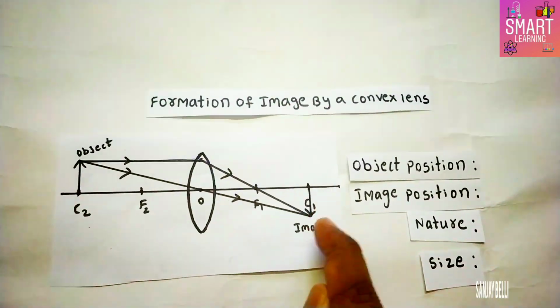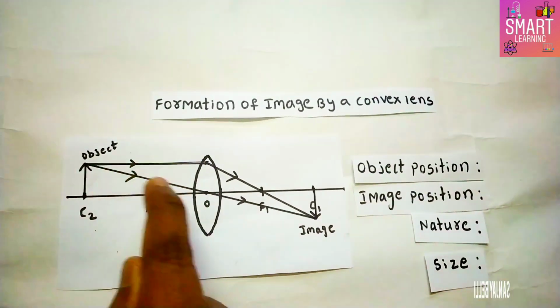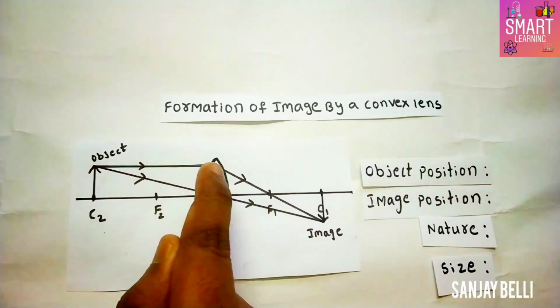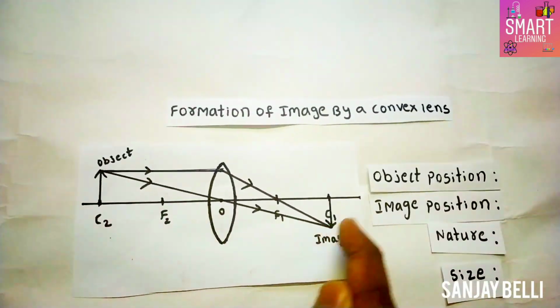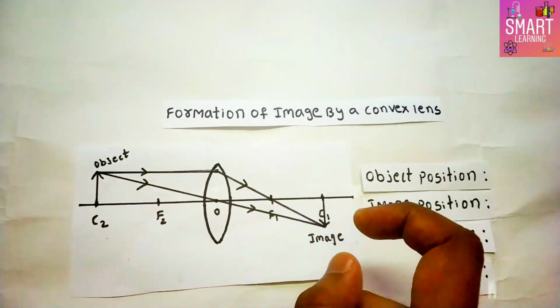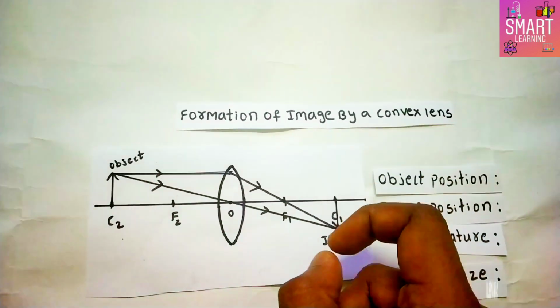Next ray diagram, I placed an object on the center of curvature. So the image is also obtained on the center of curvature. Here also I used rule 1 and rule 3. Parallel to principal axis, passes through focal point, passes through optic center. The refracted rays are intersected exactly below the principal axis on the center of curvature.